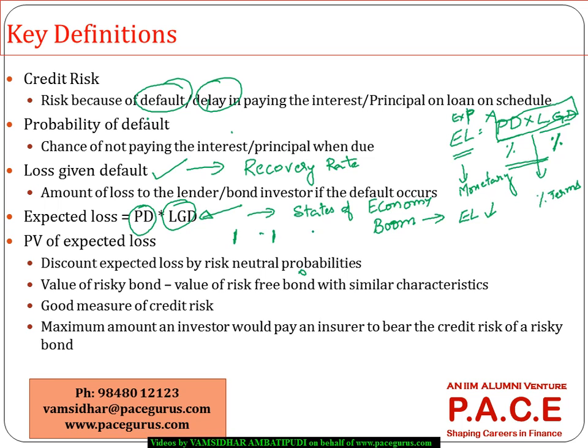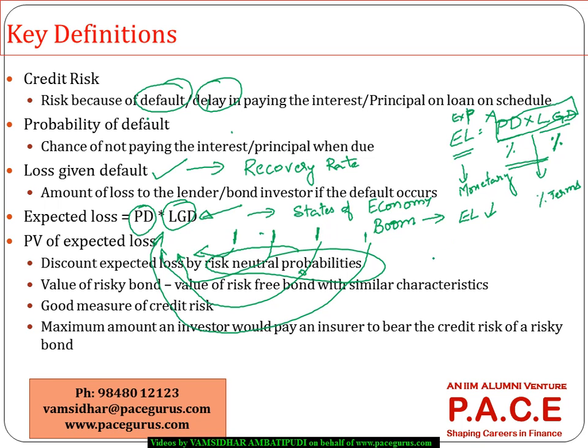At the end of 2 years? At the end of 5 years? You bring all of them to the present value, and that is equal to the present value of the expected loss. Now here the discounting, I am doing it using a risk neutral probability,